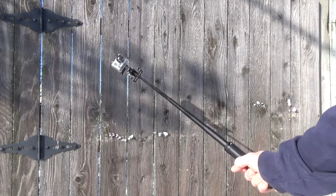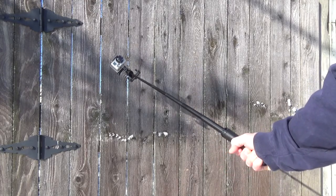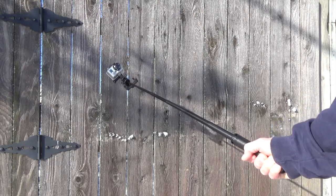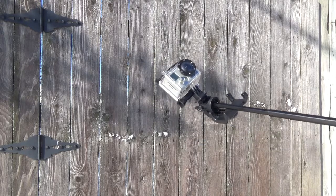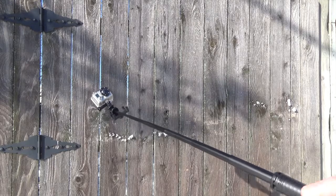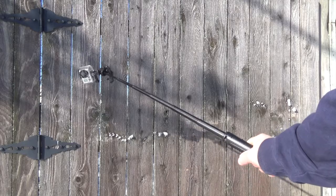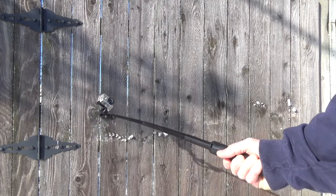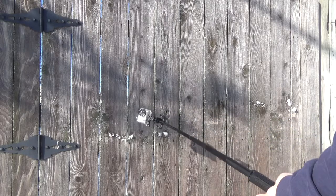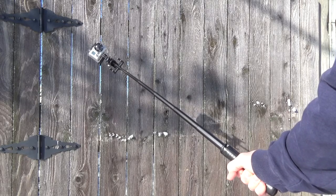You can see there we go, fully extended with an old Hero 2 GoPro on the end of it, so that kind of gives you an idea of the weight. Obviously a smaller, newer GoPro is not going to weigh as much, but as you can see, it holds that just perfectly fine. I think it's really going to expand the range of the shots that I'm going to be able to get for different types of things. I'm not much of a selfie guy, but I do a lot of oddball shots every once in a while that require me to lean over things and stuff like that. So the friction lock, it doesn't really lock out, but it doesn't feel like it's going to collapse on you either. It's not like those cheap antenna style,